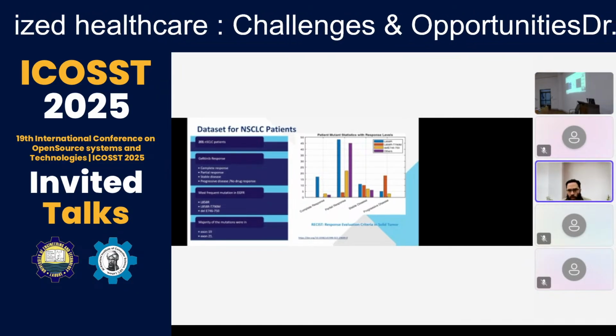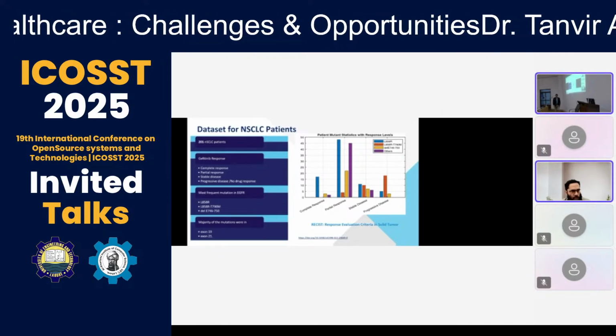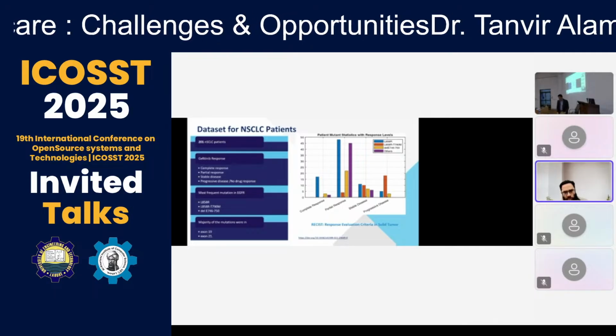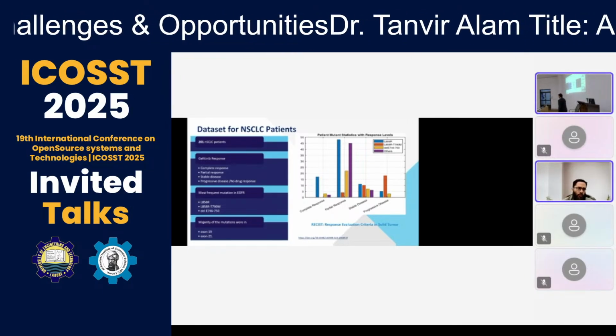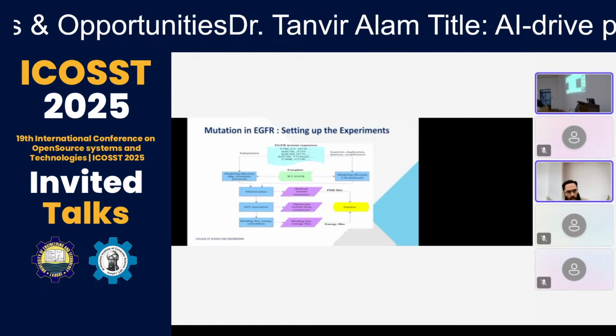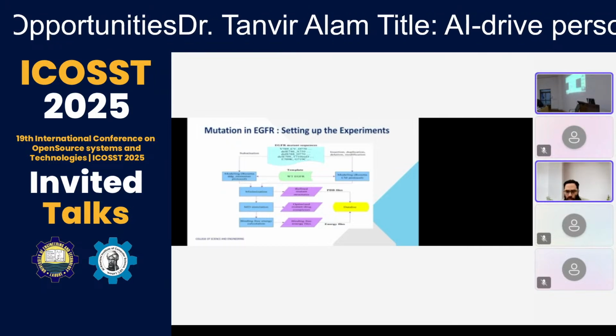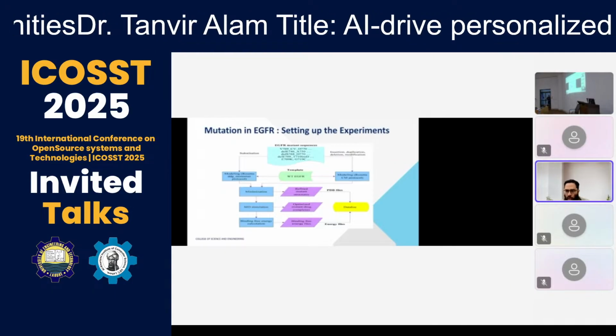First, we collect all the data. We have a relatively smaller cohort of roughly 200 patients, but they come from different stages and different types of mutation. The majority of the mutations are very common. And we do the MD simulation and molecular docking of the FDA-approved drugs over the EGFR and mutations, and we model them